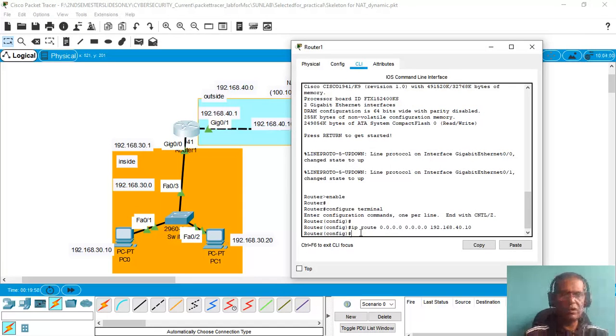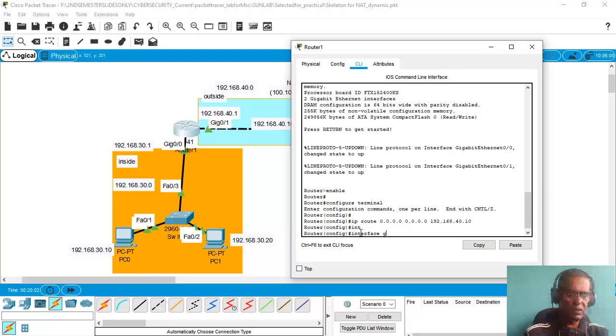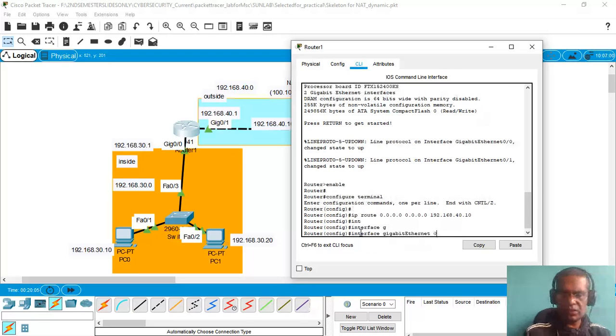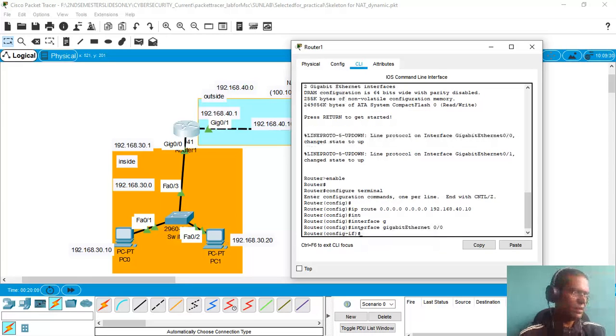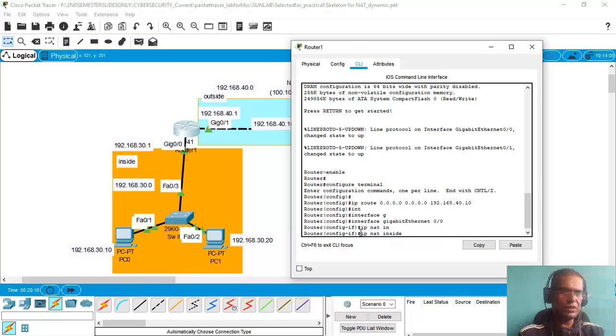I will call the interface gigabit 0/0. Then I will say ip nat inside. So this interface gigabit 0/0 will be considered as the inside interface of the router for NATing purposes.